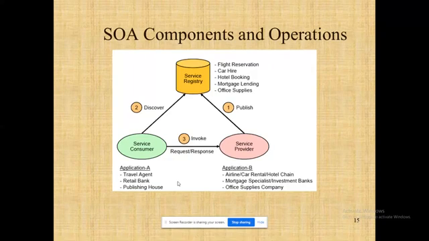Service registry. How can it be identified? That can be identified using their unique ID. Service consumer will access the service registry. Then how the service provider will supply the corresponding service requested by the consumer depends upon the environment. You can see how they are making you work with application A and application B. Services are available there, but how are they creating the layers here? Application A: travel agent, retail bank, and publishing house. When you come to application B, you have an airline, car rental, hotel chain, mortgage specialist, investment banks, and office supplies companies, right?